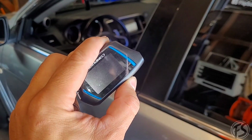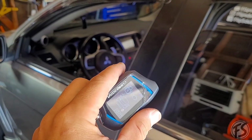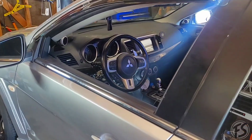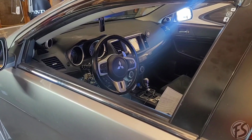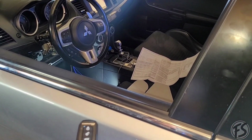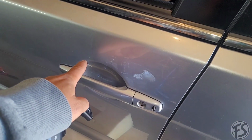Here's the initial test. I don't really like that double honking deal, but the factory is still active, so it will honk along with the unit telling it to honk. I enabled the feature where you can actually silence the locking and unlocking, so that's pretty much optional to you. But anyway, the system will only be disarmed with the Compustar unit. You cannot disable it or anything like that with the factory, so even if you open it,